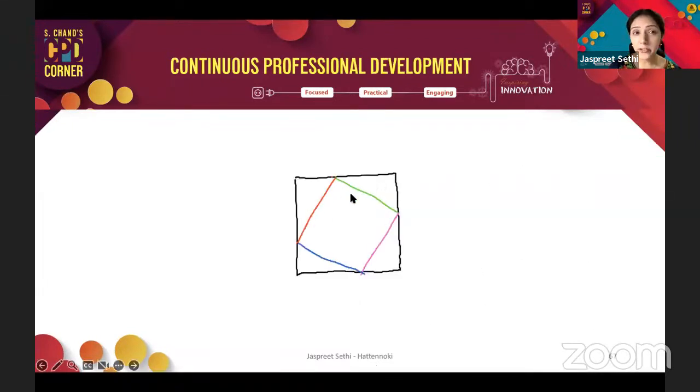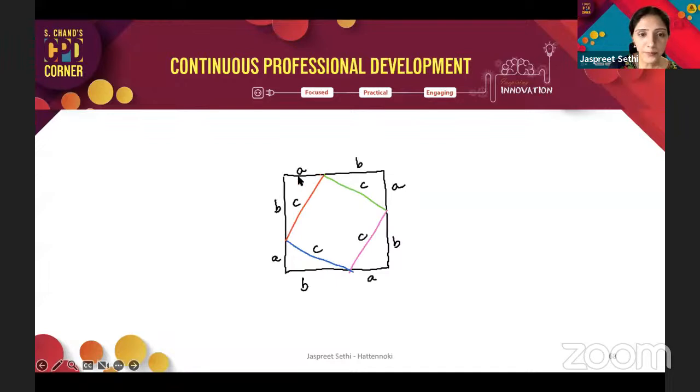This is for my elementary, my middle school, maybe even my high school teachers on how to prove the theorem. So we basically have a square, and I'm making a square within a square. There's a reason why I have used different colors for the sides, but I'm basically trying to put a square within a square. And I am naming these sections now because I get these 4 triangles, which I can also